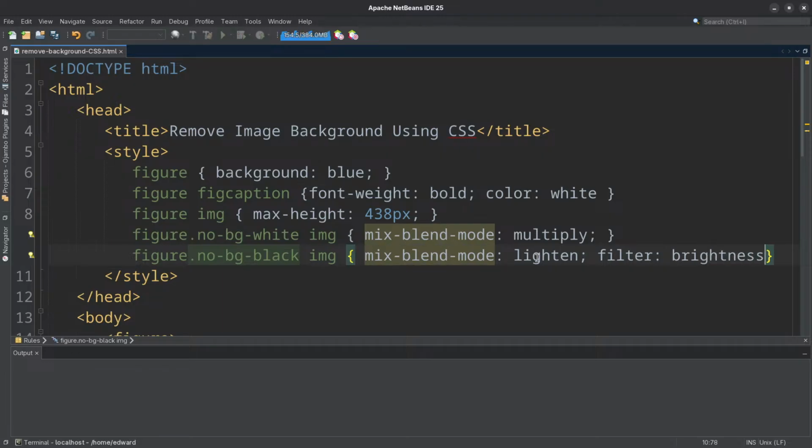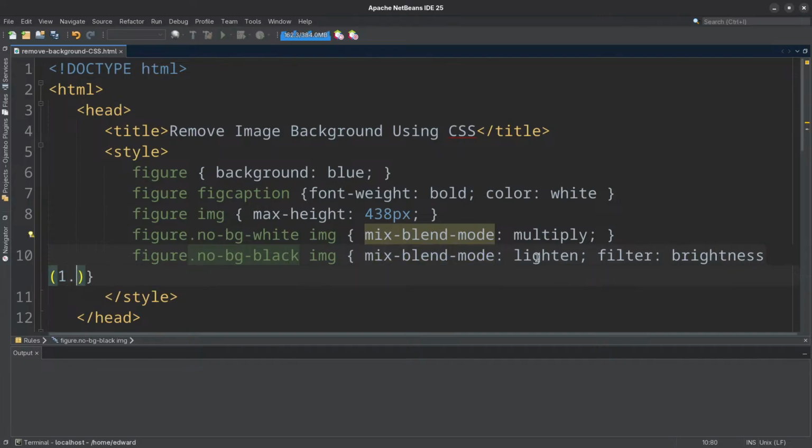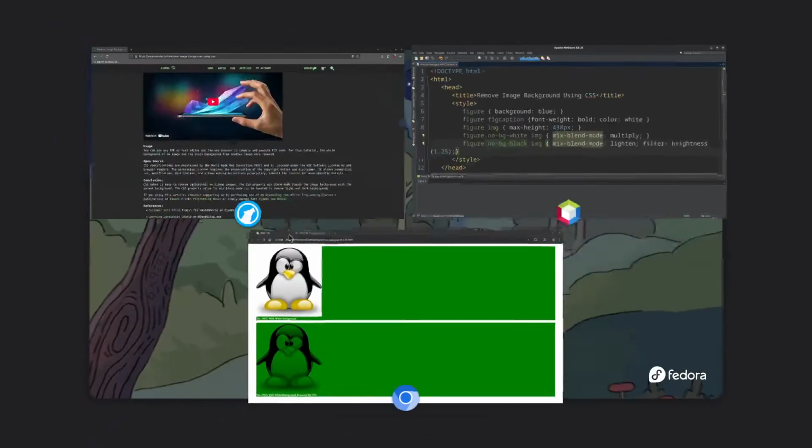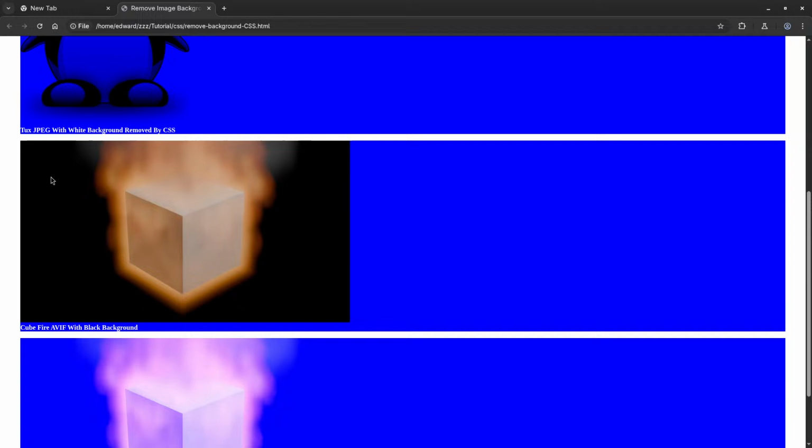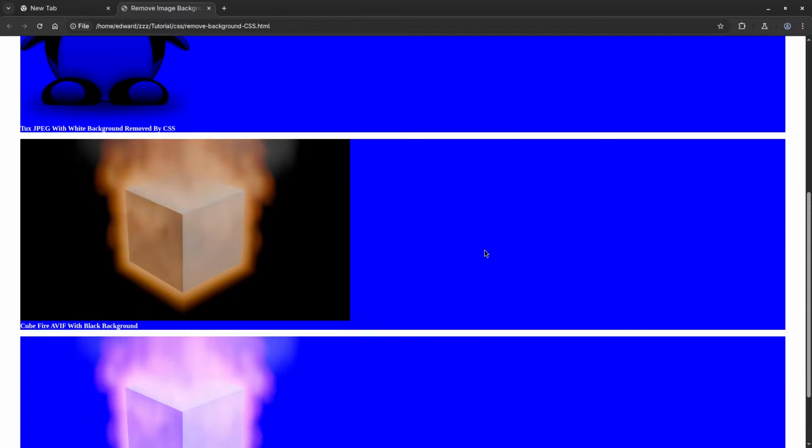So the brightness, you have to fool around with this. So I'm going to choose 1.25. So this is for black. This is what I found works, and you will see the results. So with this out of the way, let me make sure I save this. We go back here and do a refresh, so you can see we're still in the black color,